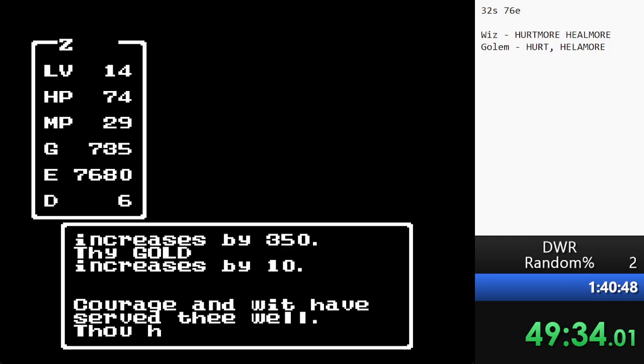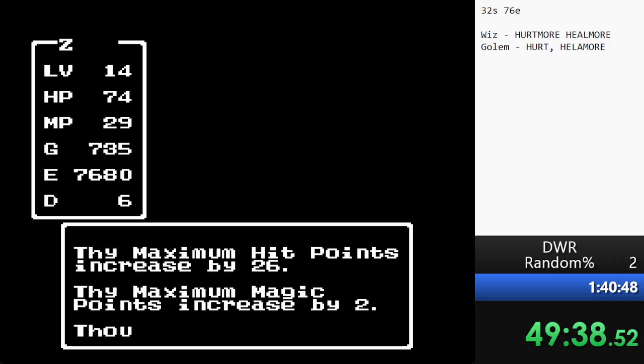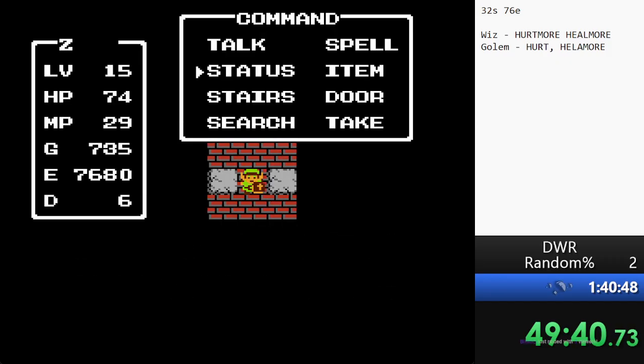Level 15, we get 2 power, 1 agility, 26 health, 2 MP, and sleep. I think that's just...